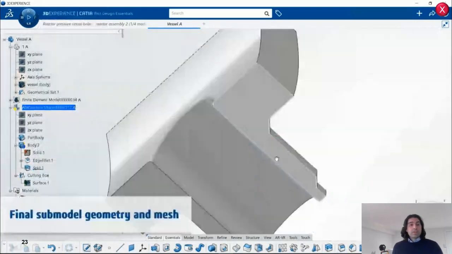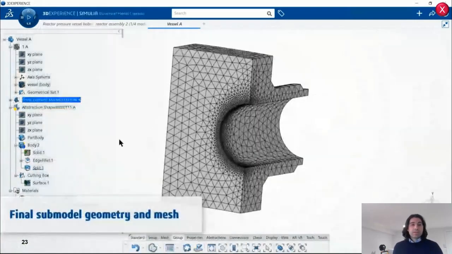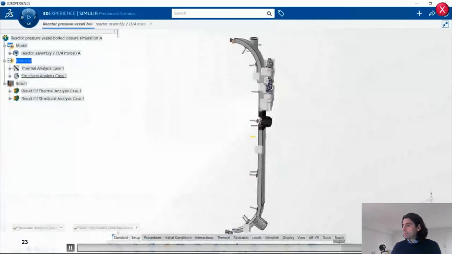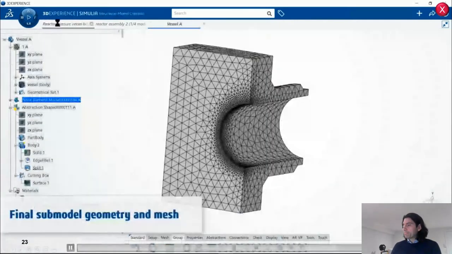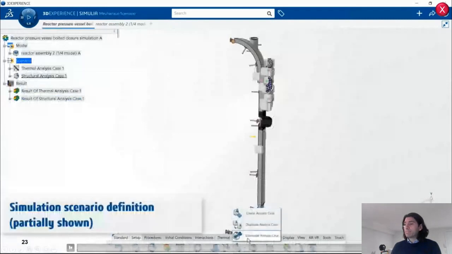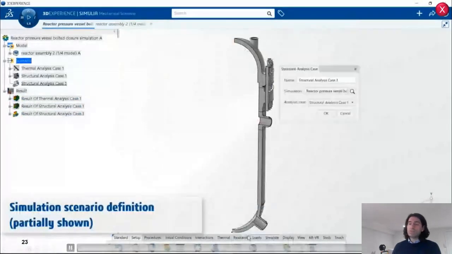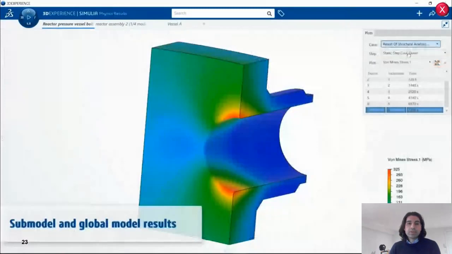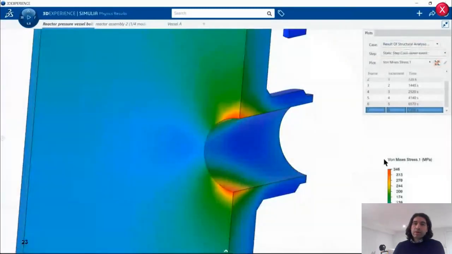And then we're going to create a new simulation use case on the simulation side. It goes really fast here, but there's a specific sub-model analysis case, and you select the new FEMREP and rerun the simulation. And you can see the stress went down quite a bit in that region. So again, a very nice feature to study stress more locally and validate your designs or parts.